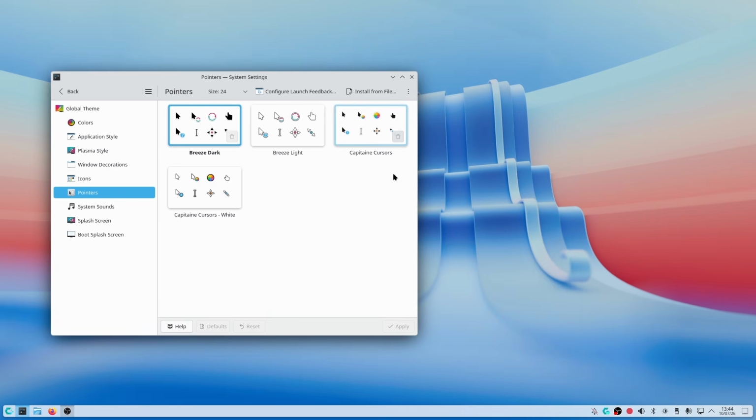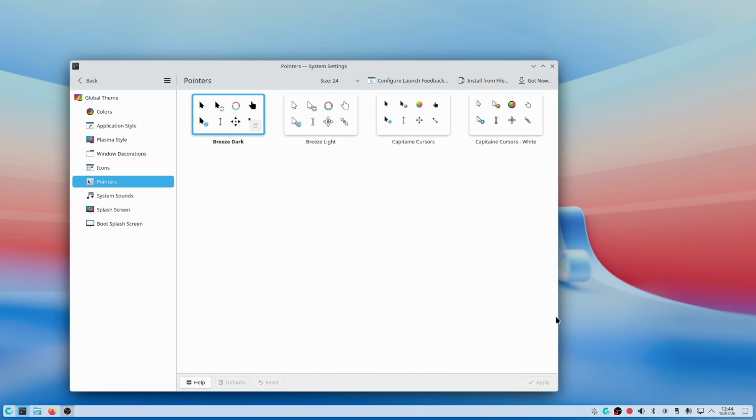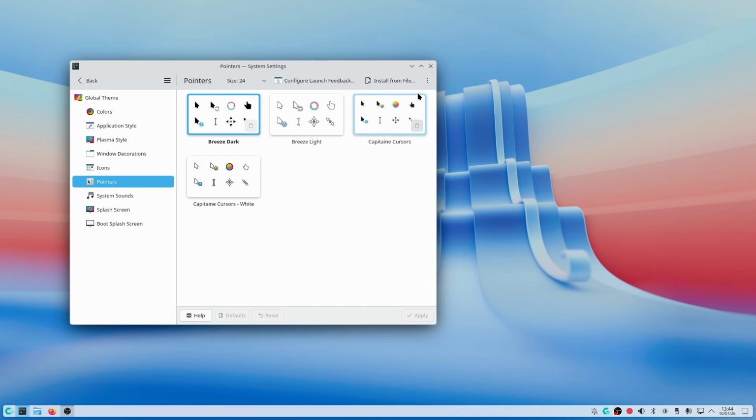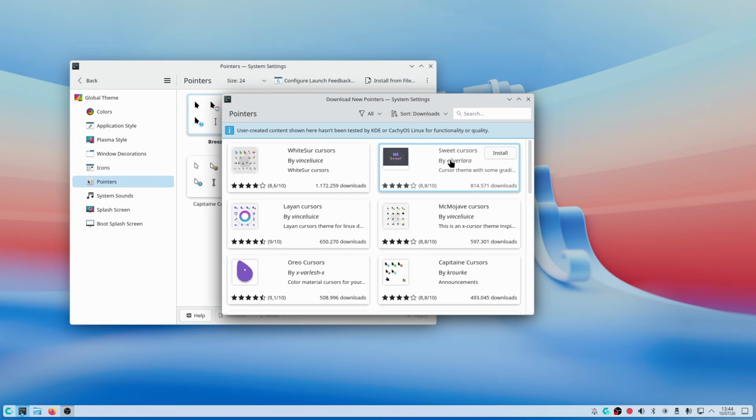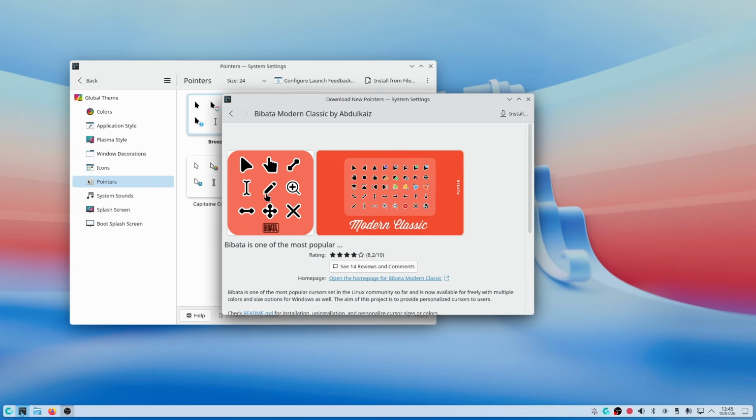And on KDE Plasma, you can easily install them from clicking on these three little points, or if you make the window bigger on Get New. So if you have the smaller window, you just click on the 3 points here and click on Get New. And this will open a little store for the mouse cursor. So there is a cursor that is called Bibata, which I really like. And this is one, Bibata Modern Classic, and as you can see, this is literally like a tiny little store